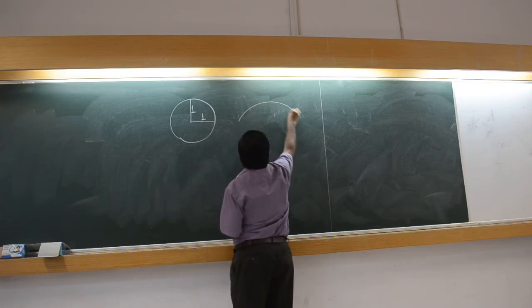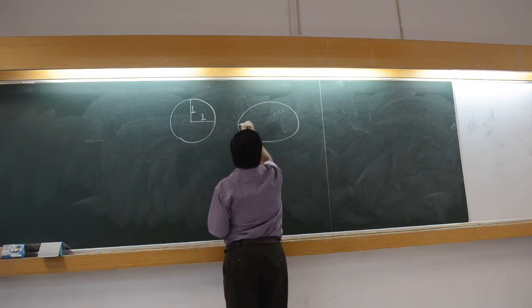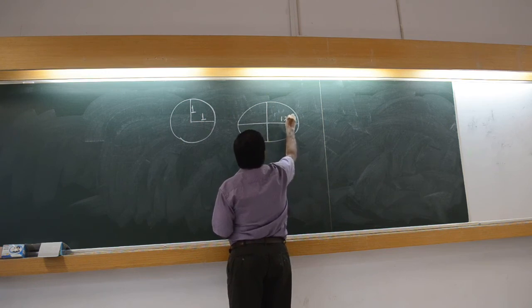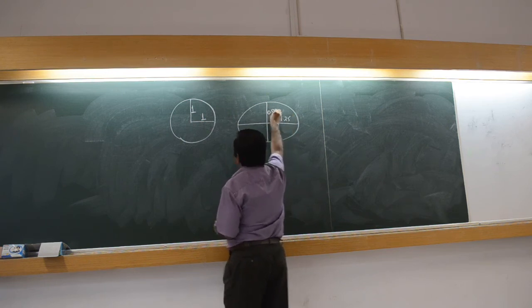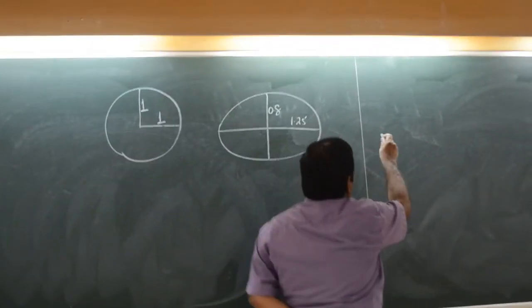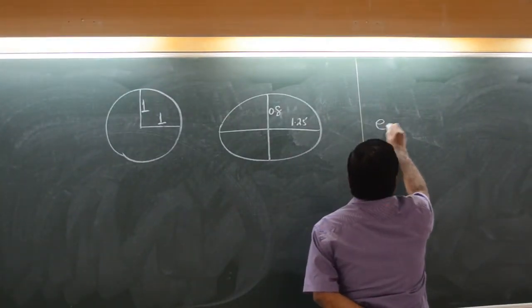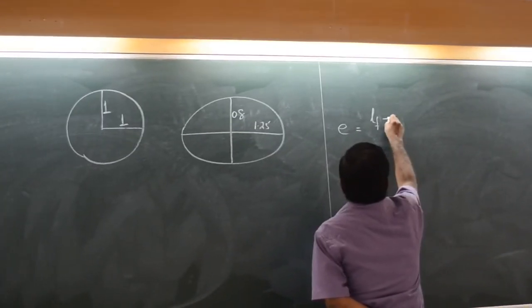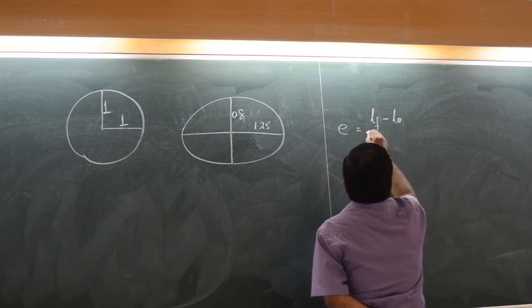This becomes, say, 1.25. This situation, na? Can you tell me what is this? E is equal to final length upon initial length of a